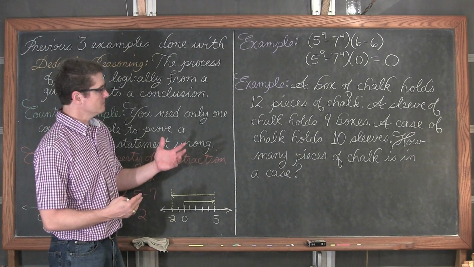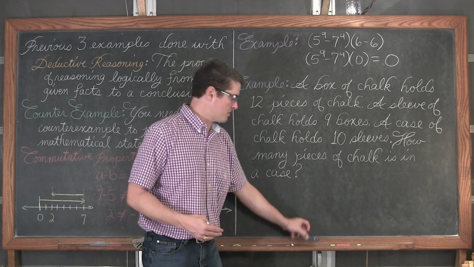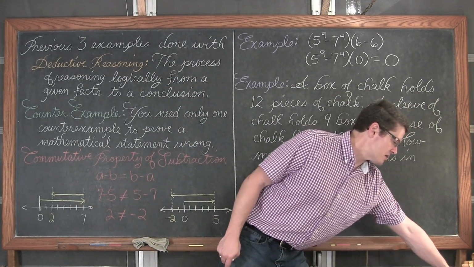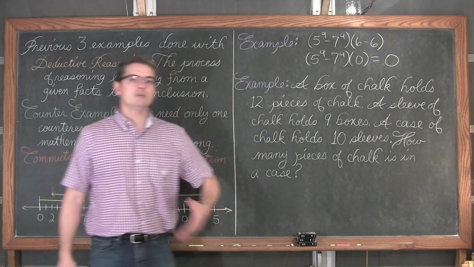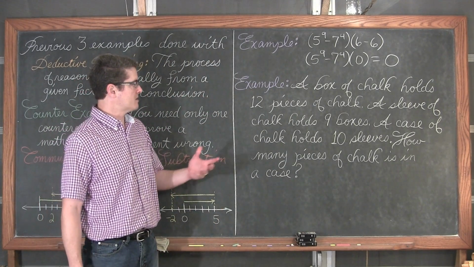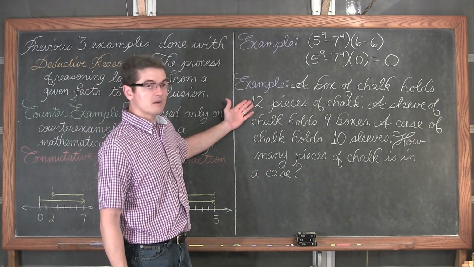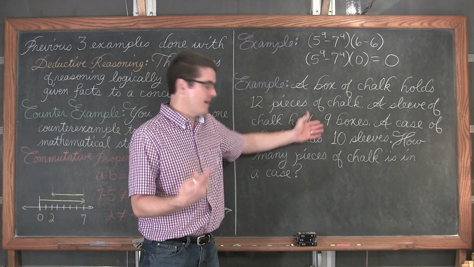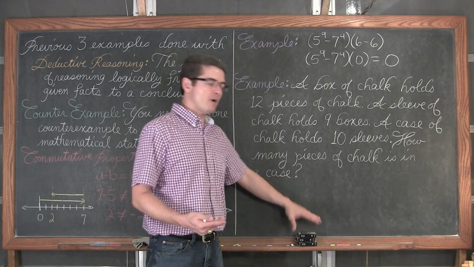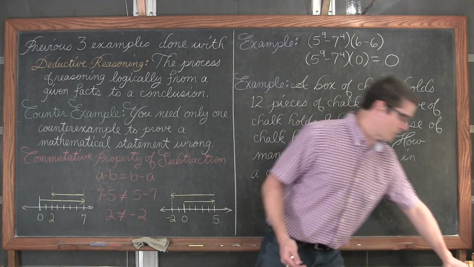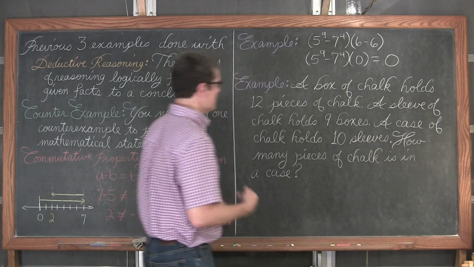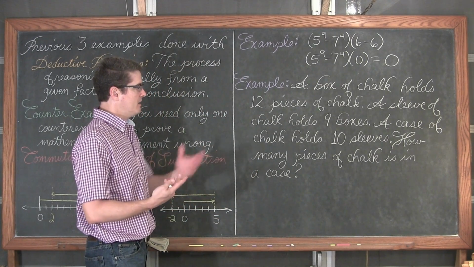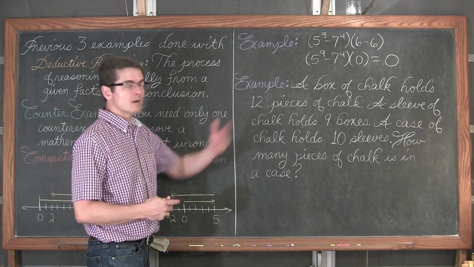And so, this box of chalk holds 12, this box holds 12, this box holds 12, and as I continue that addition, ultimately, I have 12 pieces in a box. Now I want to do something about the fact that there's 9 of those boxes. Well, I can add 12 every time I put a new box down, or I can simply multiply by 9. Repeated addition is multiplication. And in the end, I want to know how many pieces of chalk I would have if I were to buy an entire case and these numbers were accurate.